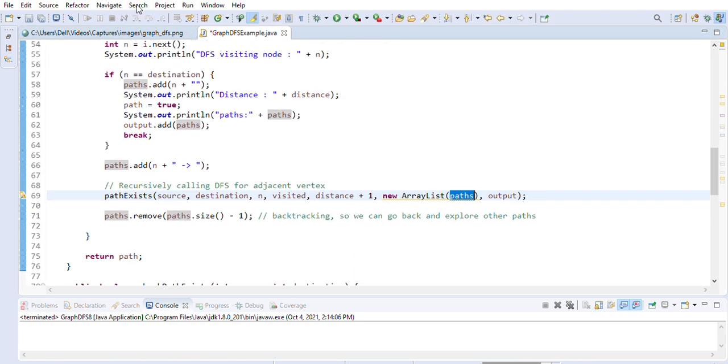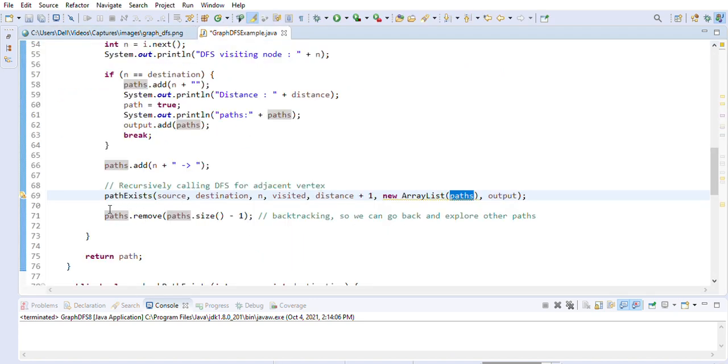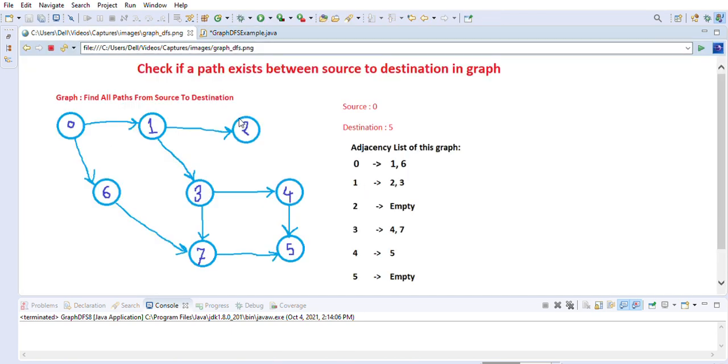And once it reaches the end, for example it reaches the end 2, right, then there is no way to go forward, so we will backtrack from 2 to 1. So we have to remove 2 from our list, right? So that's what we are doing here. We are backtracking, so we are removing the lastly added element from our list, so we can explore other paths, right? So basically we will remove 2, we will go back in the list, so the list will have 0 1.